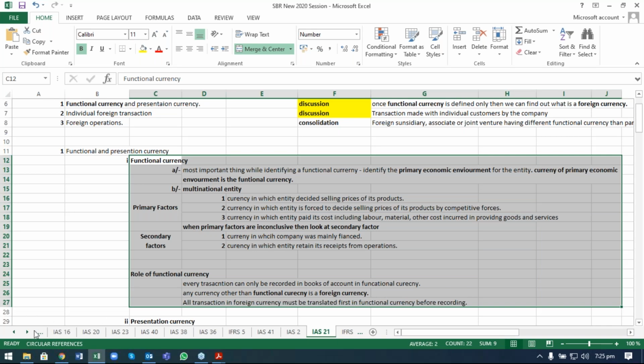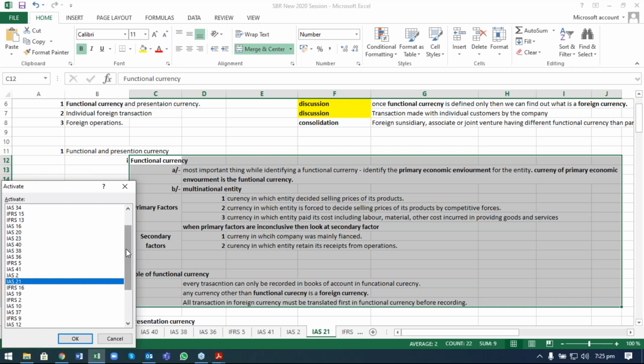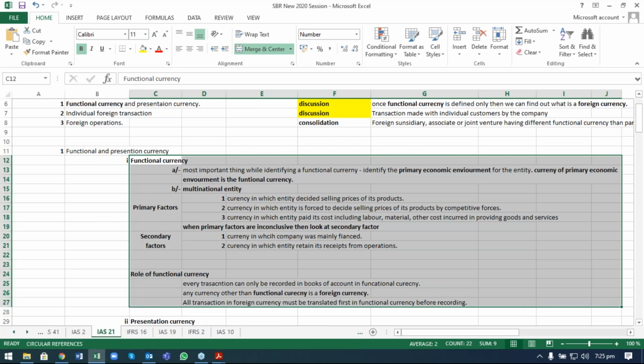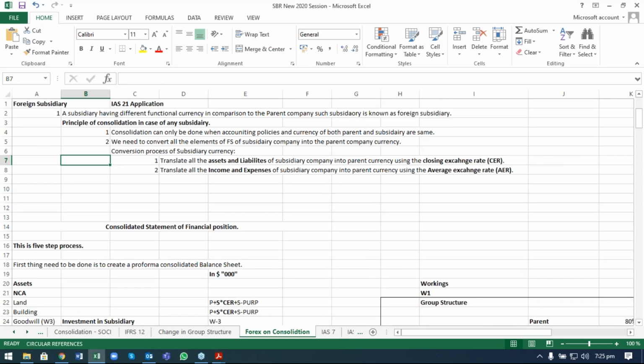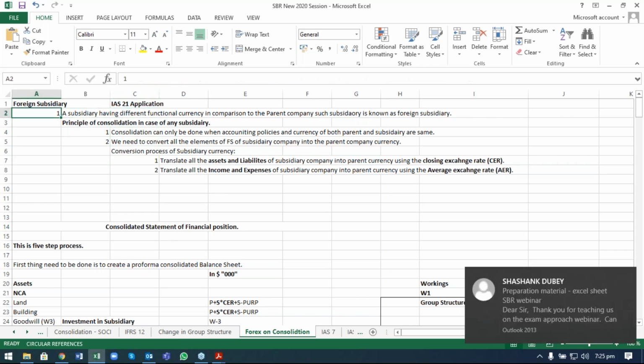I believe that's something I have in consolidated foreign currencies, forex on consolidation. In this section, if I have it, then I'll be explaining that to you. Yep, this is the principle of consolidation. So I think I have not mentioned it. So this is the only case when